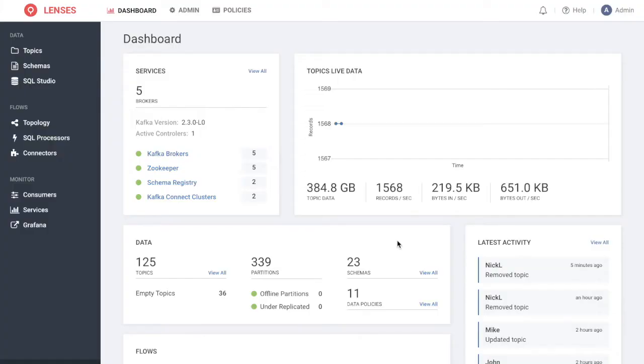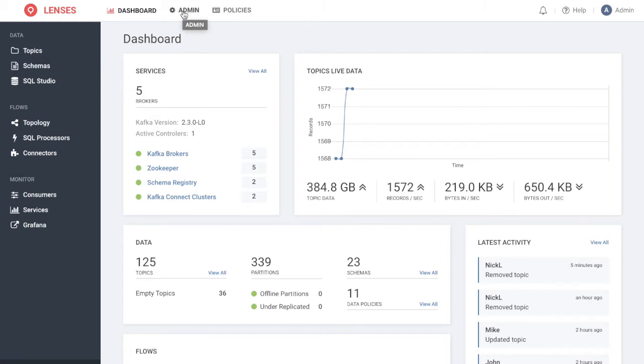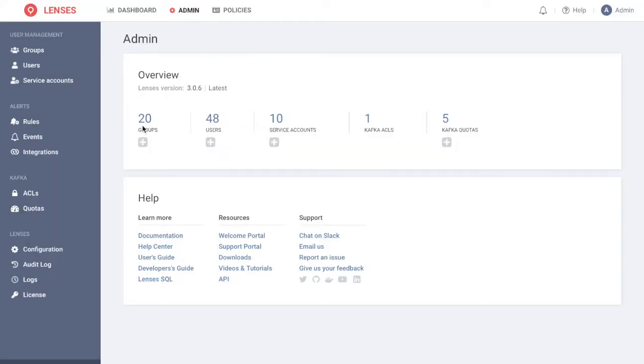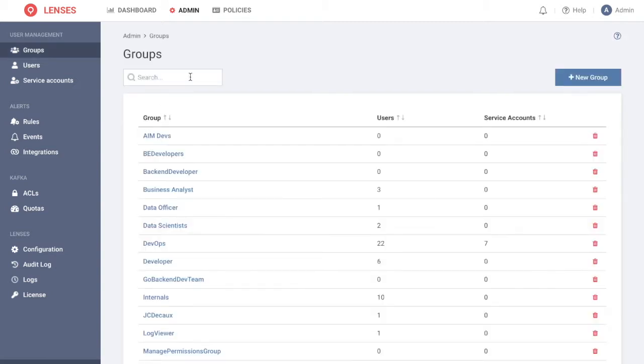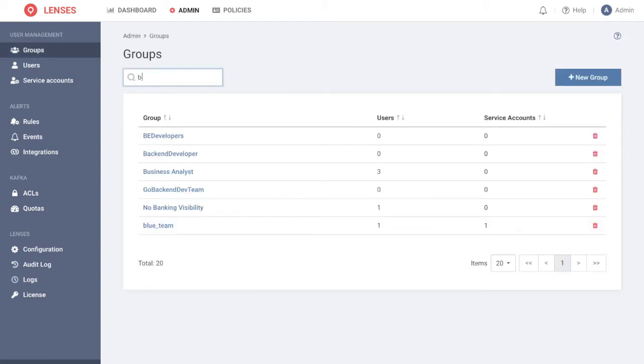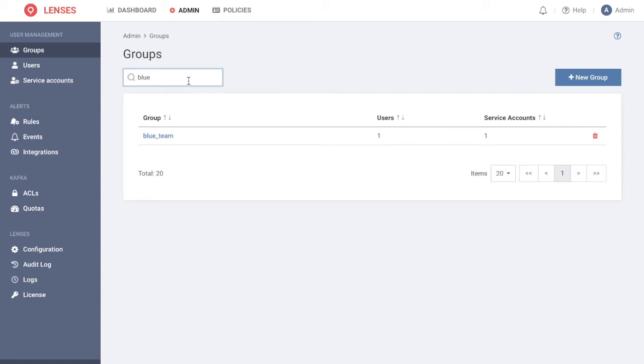Here with our Lenses environment, and I'm signed in as an administrator. So what we're going to do is use Lenses access control and groups in order to ensure that each team has the correct permissions in what they can do with Kafka topics. So I'm going to jump to the admin section and have a look at the groups. I've already done some preparation work, so we can see that there's a blue team group and there is a